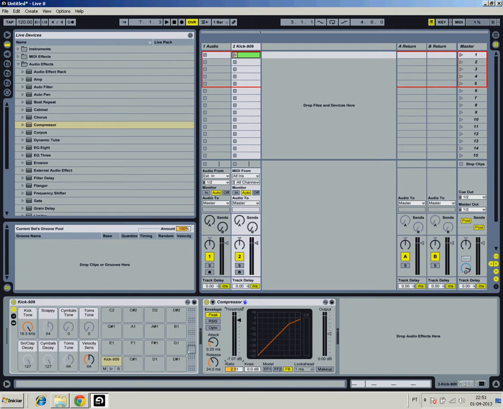Okay, I can set here, to show you, the threshold to minus 6 dBs, and this here is the amount of the compression. You can control the amount of the compression with a ratio. In this example, when the sound passes over the compressor and it goes to minus 6 dBs, it will be compressed 6 dBs. Okay,